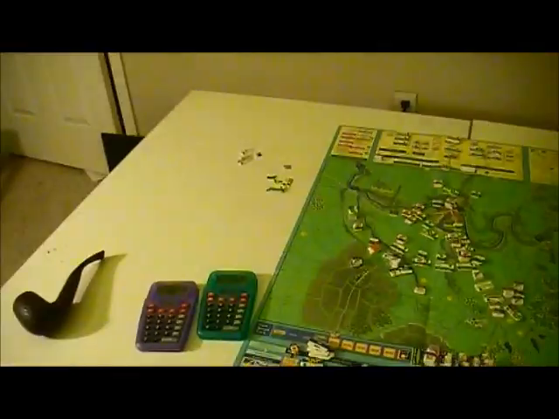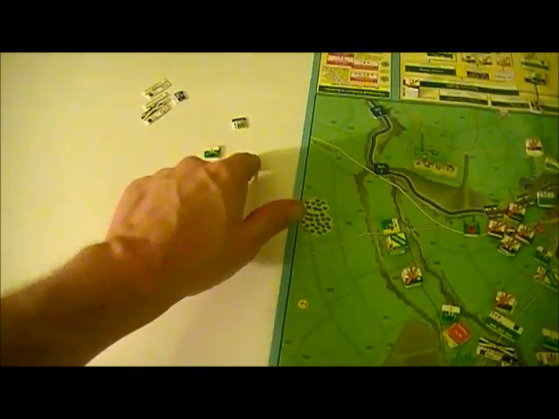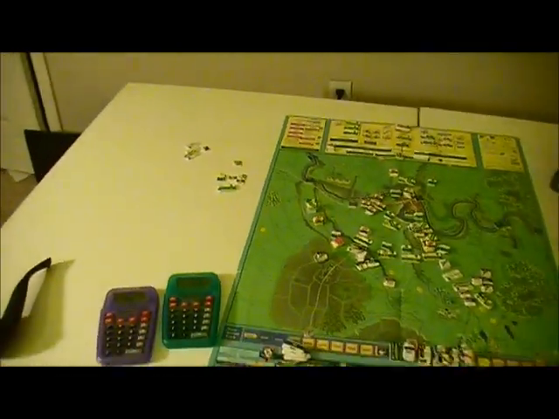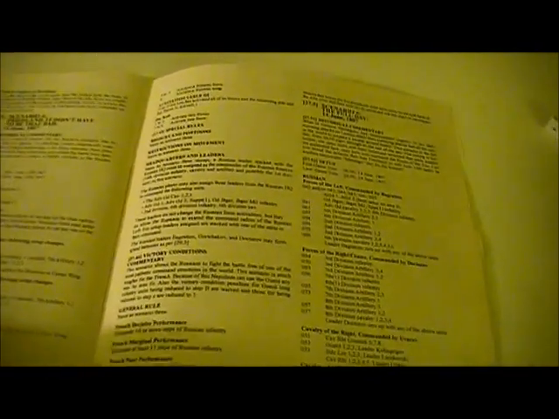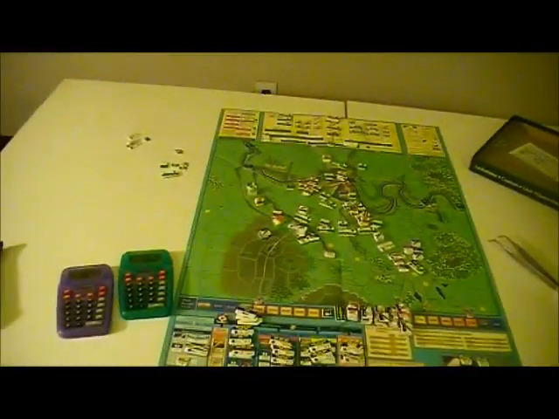We'll see. All right, while it's on my mind, I did a quick calculation. Russians are at 3, 4, 5, 6, 7 1/3 points. In order to win this scenario, I have to find the victory point. We're right about there, okay? Now remember, if I don't get above 9